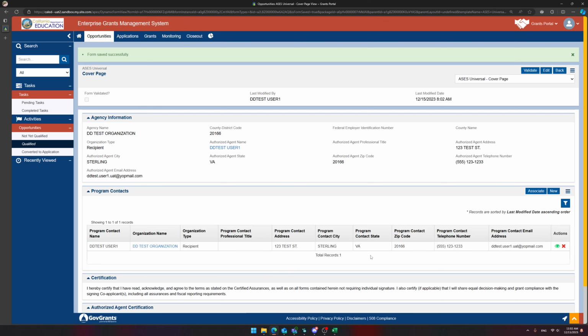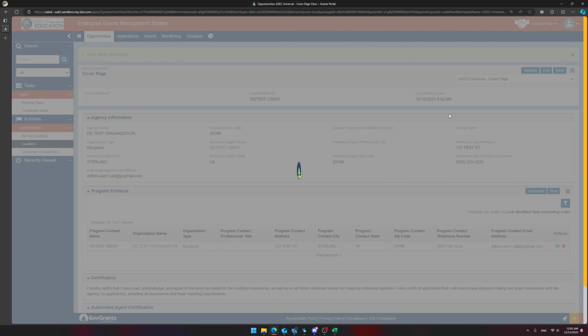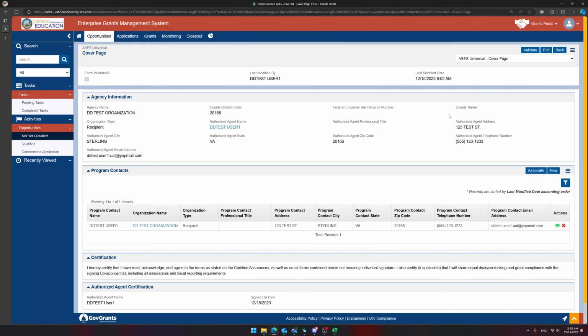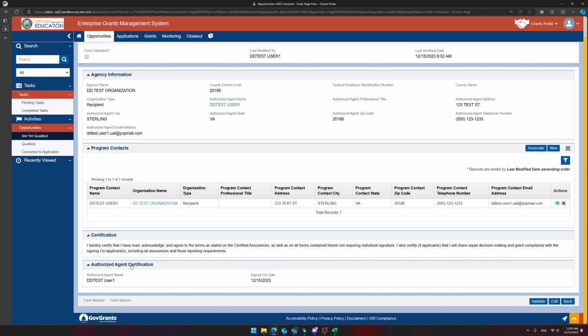And then what we require the users to do, once they save the form, if it is a mandatory form, the form must be validated before it can be accepted as part of application submission. So they need to click this validate button, and then that has the system run any checks that are necessary for that form. So for the cover page here, it's simply making sure that all the required fields are complete, that there's at least one program contact, that the certification is done.